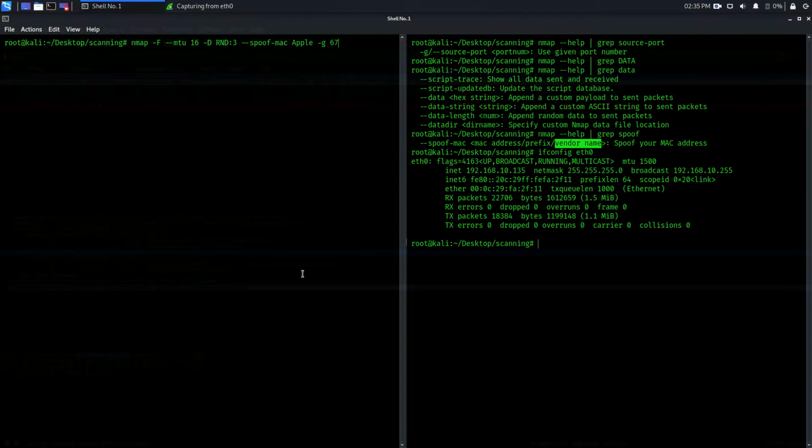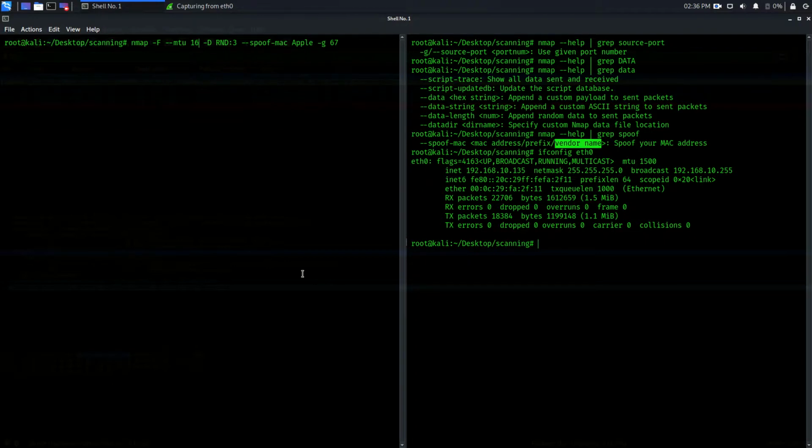Another thing we can use is to add data, but you must take care of it. If you are using fragmentation or maximum transmission unit and you add the data simultaneously, you will not get the same result. If you are not using MTU and you increase the length of the data by 2 bytes or 4 bytes, then you will get the correct result.